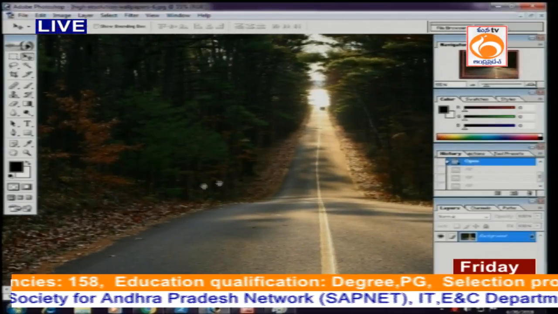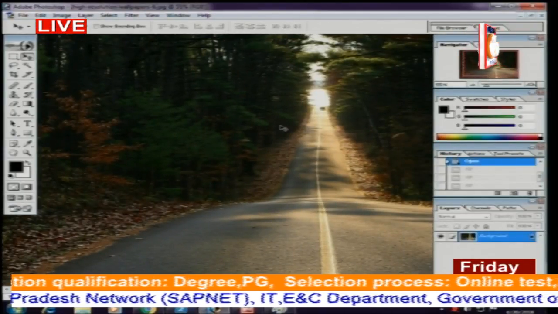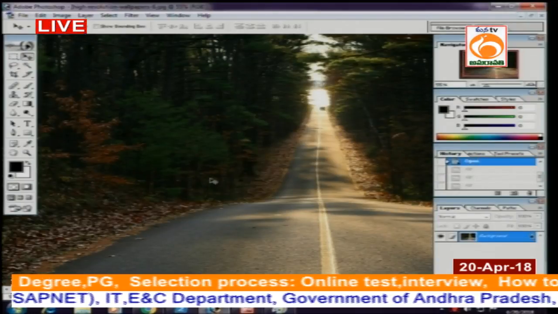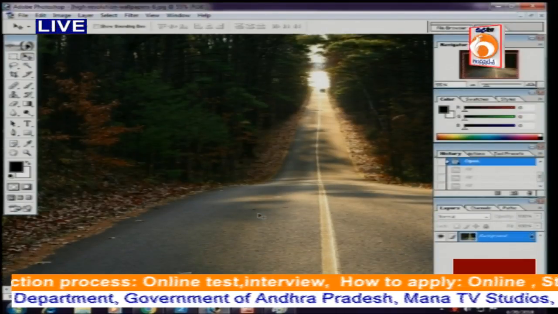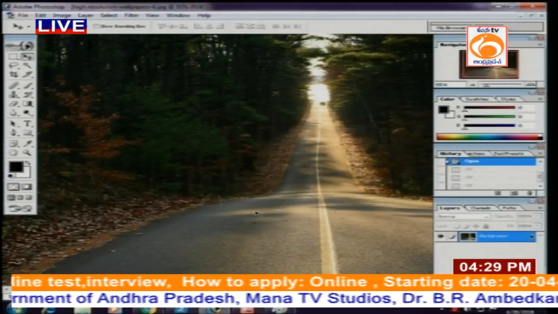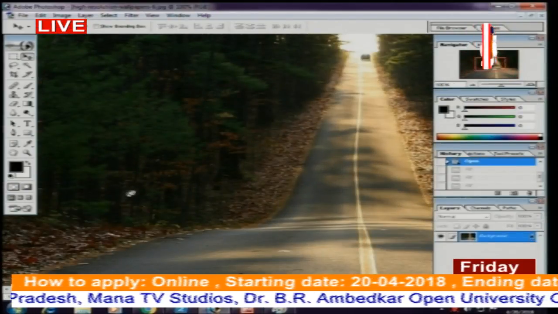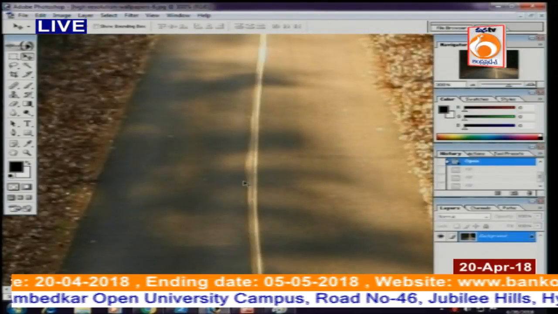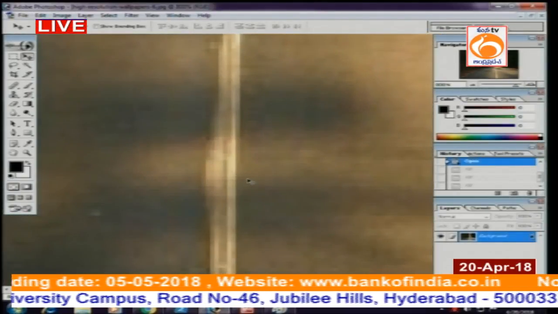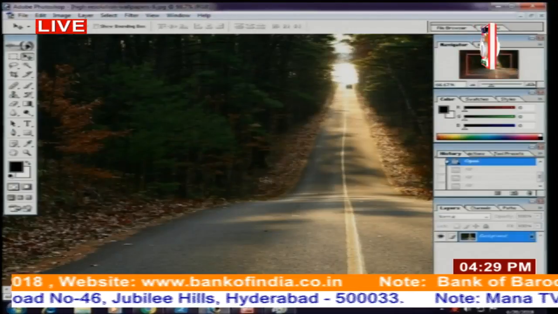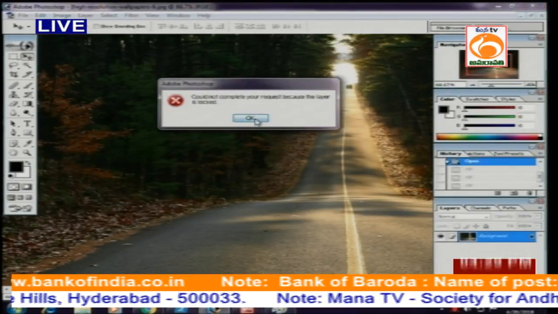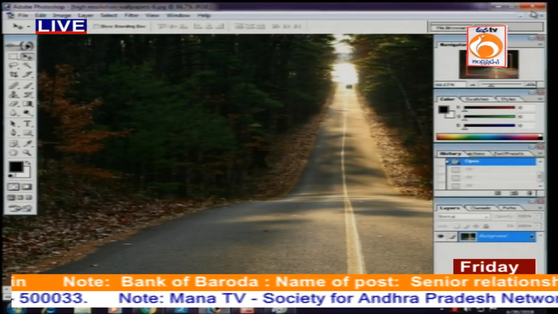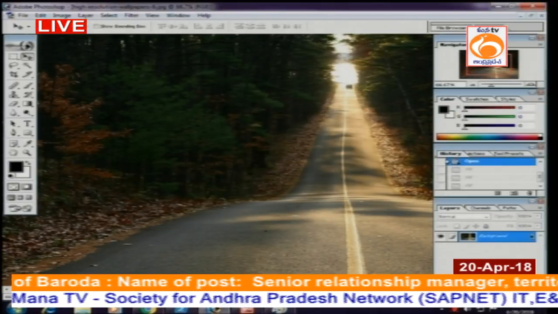So this is what, you know, always try to download good resolution images. This is a very good resolution image. In fact, the clarity is not missing. If you can see, the clarity is really not missing, right? Very nice. Always try to work on this kind of images. Okay. All right. So now we